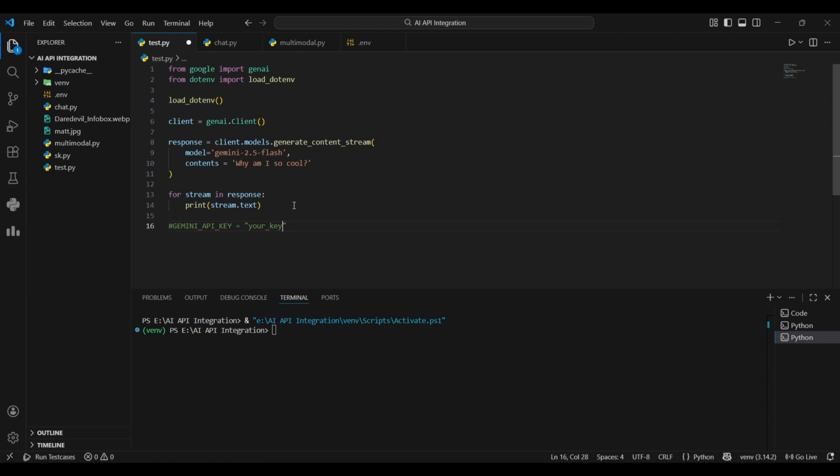Now this is a simple part. I have stored it, just this line, without that hash, of course, because it's not a comment. I have stored this in this file. I don't want to show it because I don't want to make my key public. Okay. Once you're done with that,